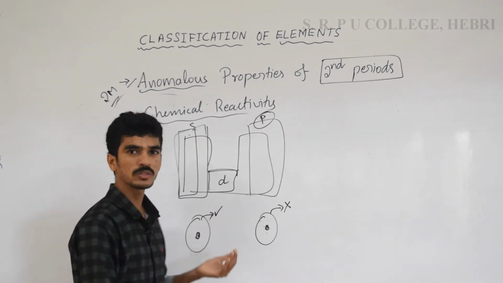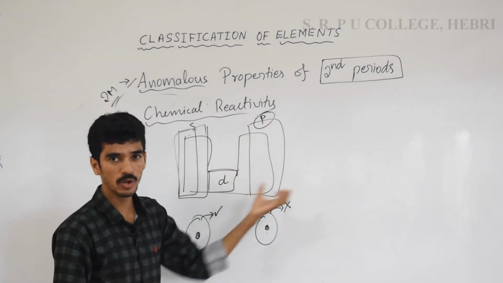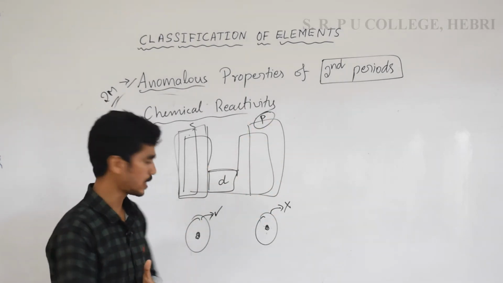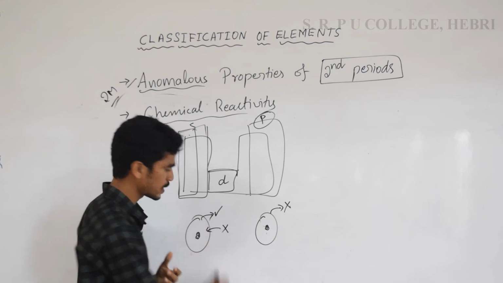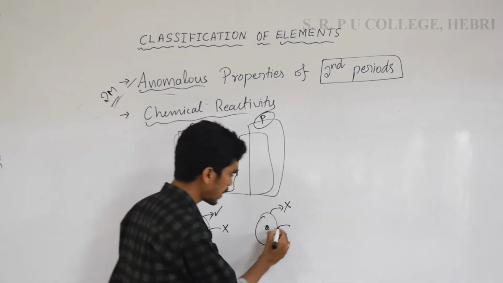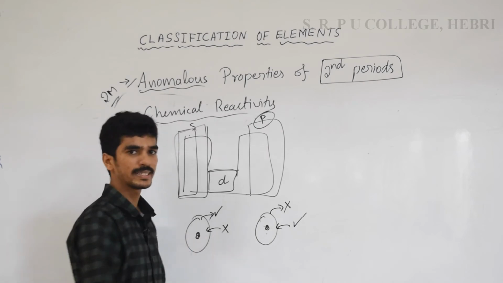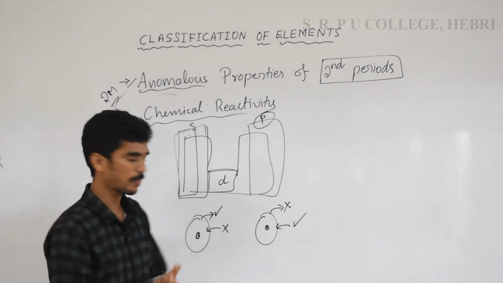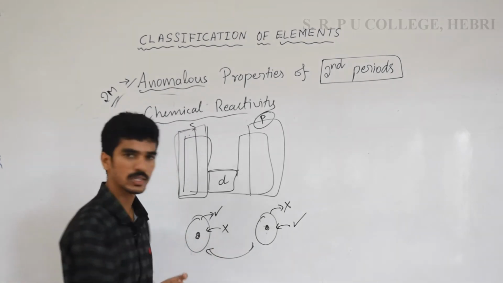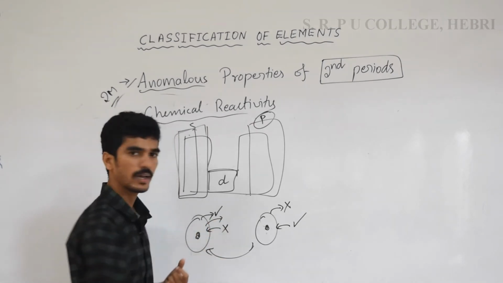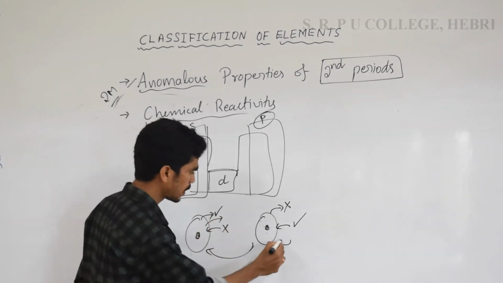And one more concept regarding the P block elements, that is electron gain enthalpy. Adding an electron is difficult here, but here adding an electron is successful. So both natures give a particular property. That means what? They can easily react. Once this can remove an electron, it will give electrons.